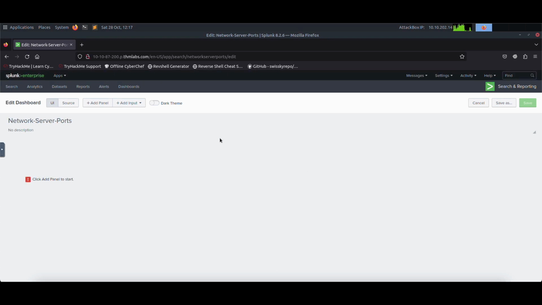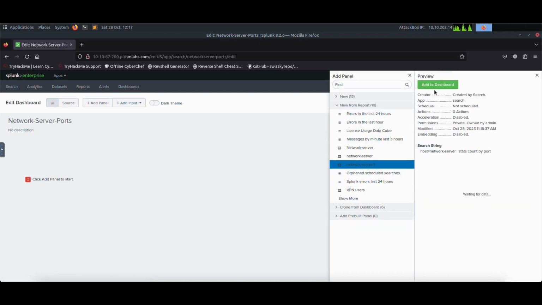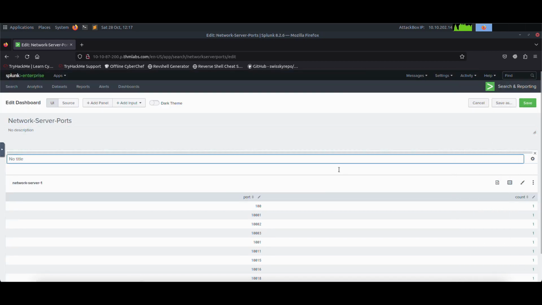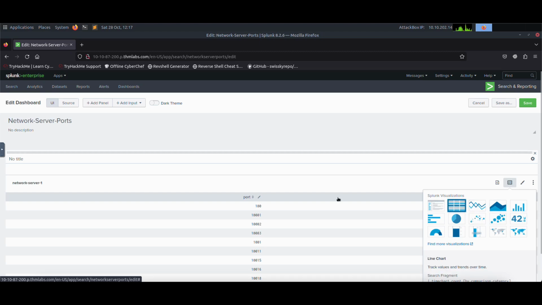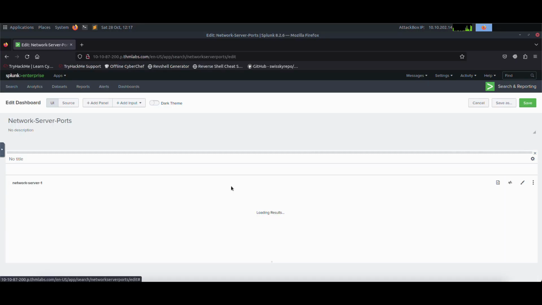We have nothing. If we want to have something, click on add panel, new from report, and the related report will be network server 1 and add to dashboard, and they are ready. But still we don't have a visual output. To do that, come here, select visualization, and the question is asking for a line chart. So come to line chart, and now